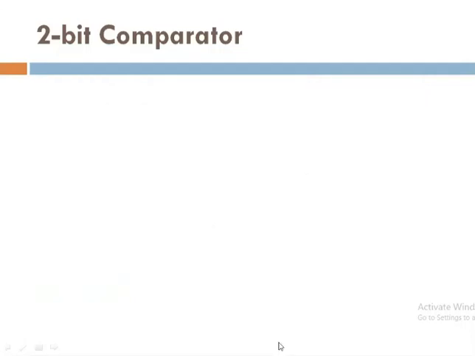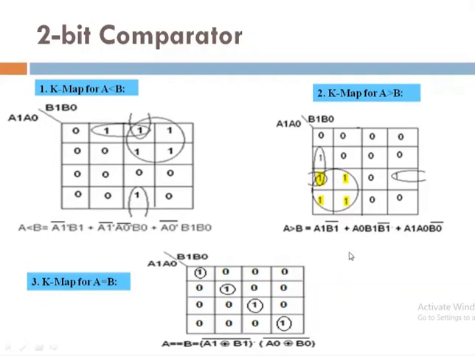So now you have to design the circuit diagram. Before designing the circuit diagram, like your BCD to XS3 code, while implementing this circuit diagram, a 2-bit comparator with the help of logic gates, here you can observe these circuit output equations. Here the number of terms and number of variables are there, so you require that many logic gates for implementation.